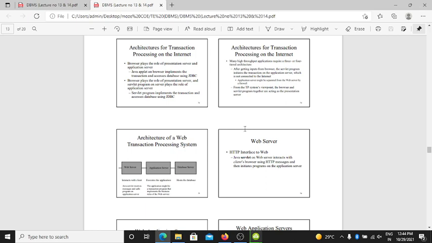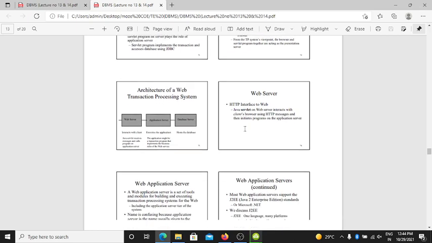Web server in detail: the HTTP interface to the web. The Java servlet on the web server interacts with the client browser using HTTP messages and then initiates a program on the application server.